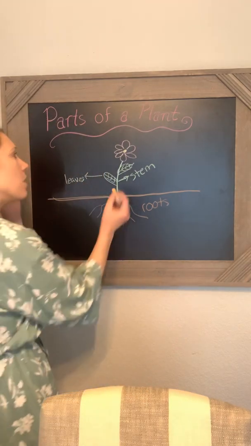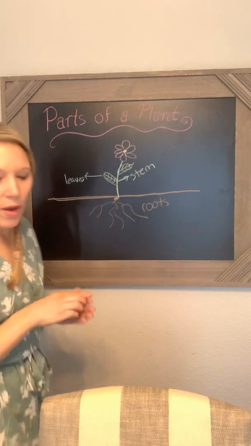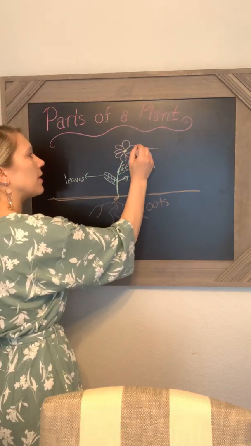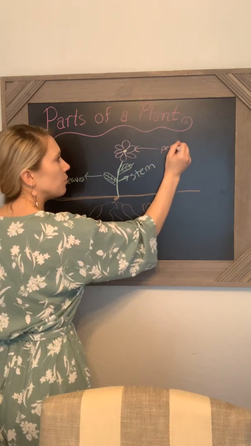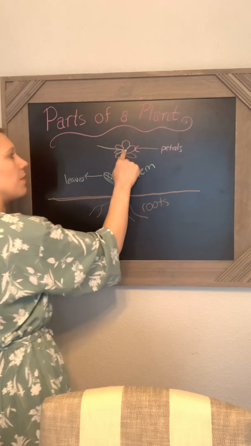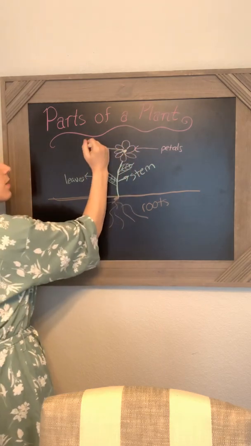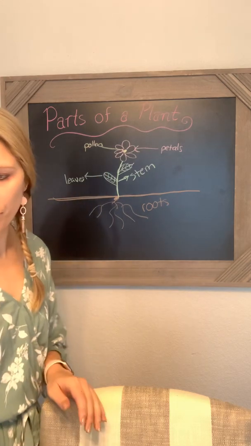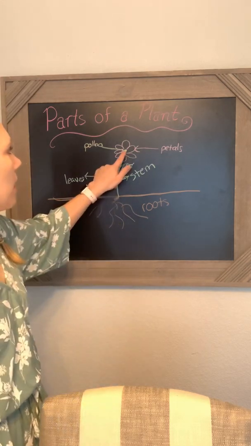What is this part? This is the flower. These are the petals. And then the yellow center. We have our pollen. And inside the pollen,